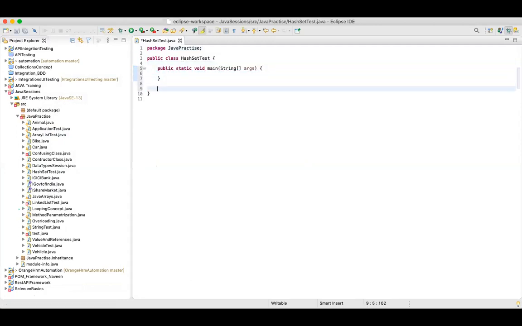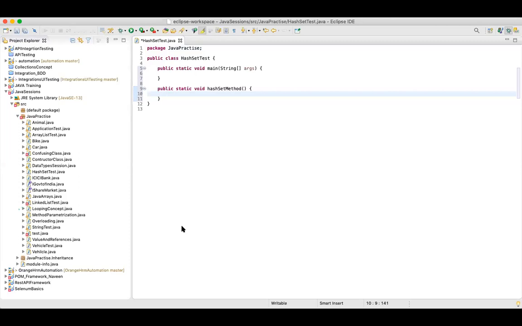Okay. So now, first thing is we can have the main method. This is clear, right? Now, we will create one more method, and we'll call it the hash set method. This can be any name, right? You know all these things now, guys. So first thing, how do you create a hash set?